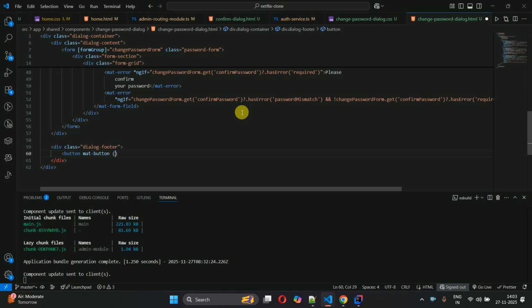So click, and it should be cancel, and disable whenever the page is loading, and a class footer cancel, and this one cancel,